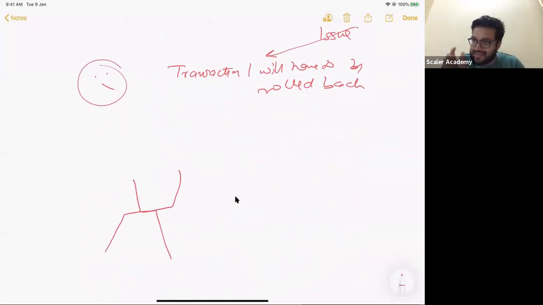The point is that a single statement, and Bishali, this actually takes me to what I wanted to discuss at the beginning of the lecture, but I will come back to it at the end. Let me just explain that in SQL, in these relational databases, whatever single select statement that you are doing, irrespective of it comprising multiple smaller statements in itself, every single statement is a transaction in itself. Does that make sense? And every single statement will give you that guarantee that it will complete fully, and it will not let anyone else interrupt in between.